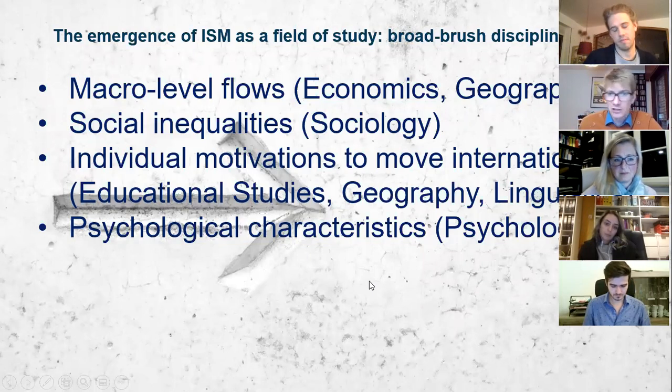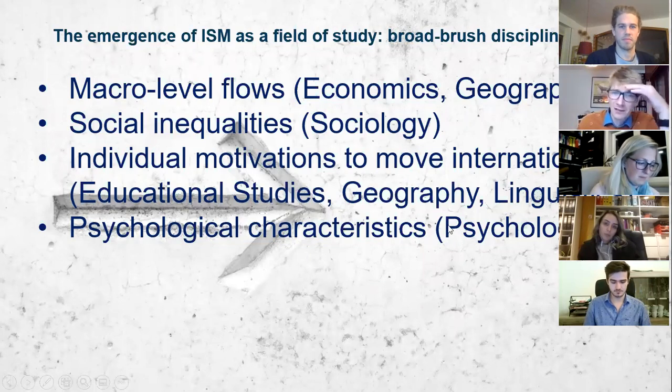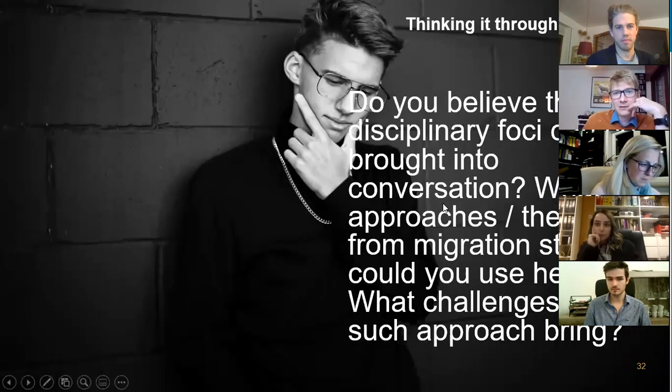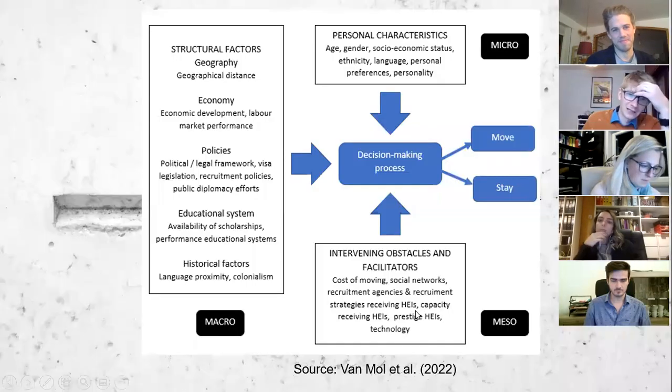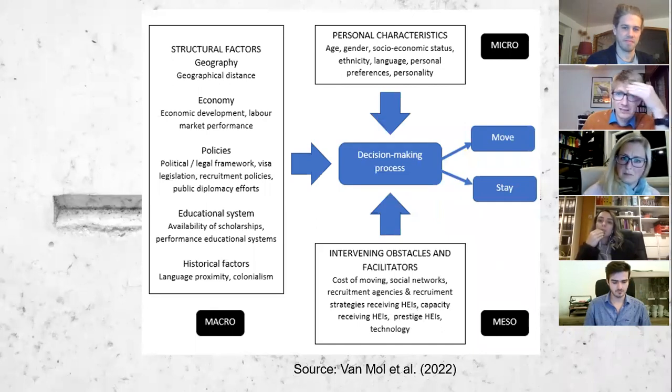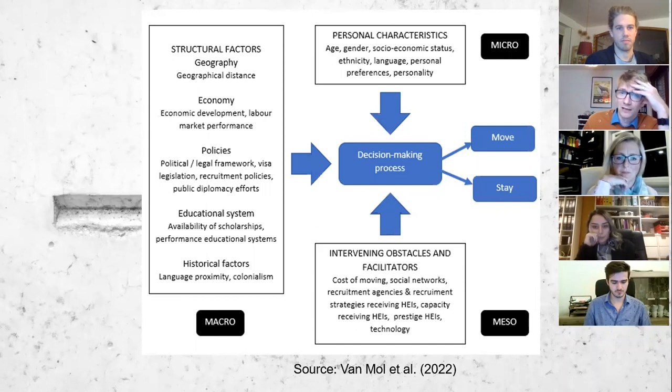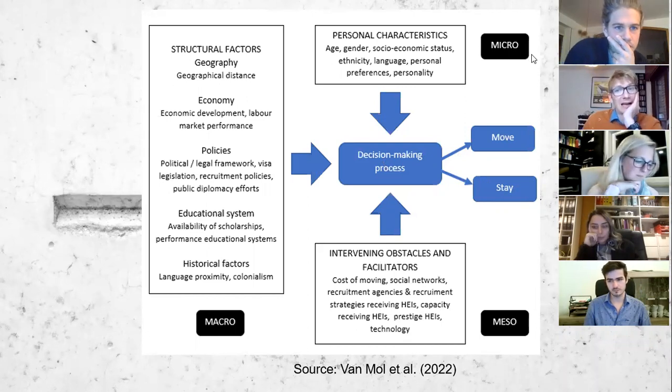And then you have psychological characteristics, of course, that psychologists focused upon, but they also very often did not think about how that then fits with social networks and more structural barriers and constraints again. And so what I then propose in a new chapter that I recently finalized is to bring many of these factors together. If we really want to understand why students move across international borders and the decision-making process to move or to stay, then we really have to focus on the micro, the meso, and the macro level.